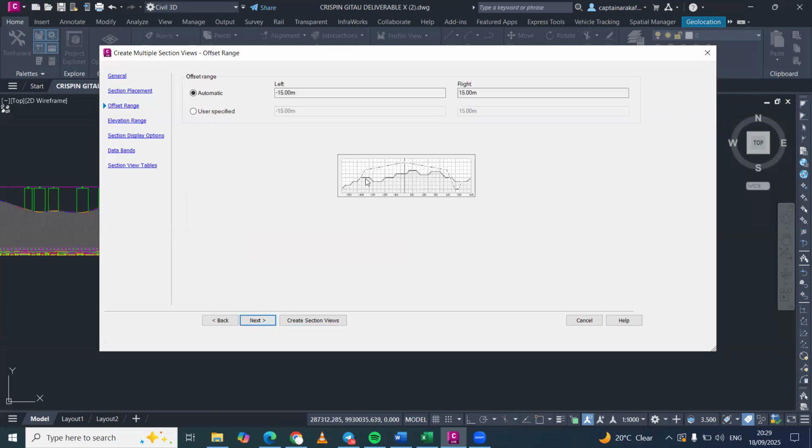Now, offset range, these are sections, okay? You can dictate the offset to which you want to display your road cross-section. This not being a major project, we'll probably go with the 15-meter interval. That is automatic, simply suggested to me by the software, because that was the swath width that was selected for